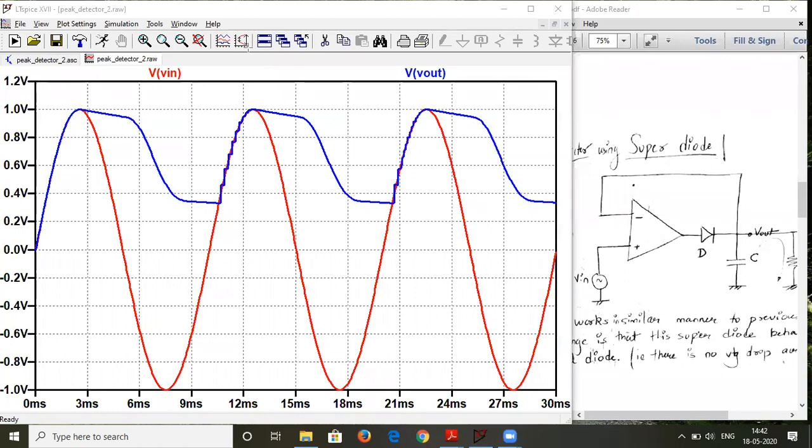So if we have a response over here, let me select a format, let's say green color. So we want this output to be flat over here. You can see the green color over here. So we want the output to be something like this, but we are getting something like this. It's a very, very sluggish response, right? So this circuit is also having some problem.